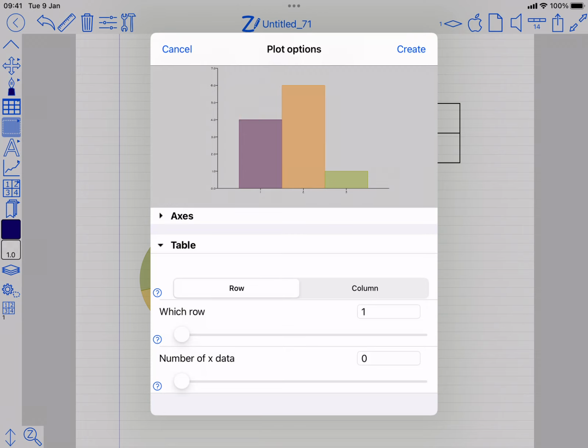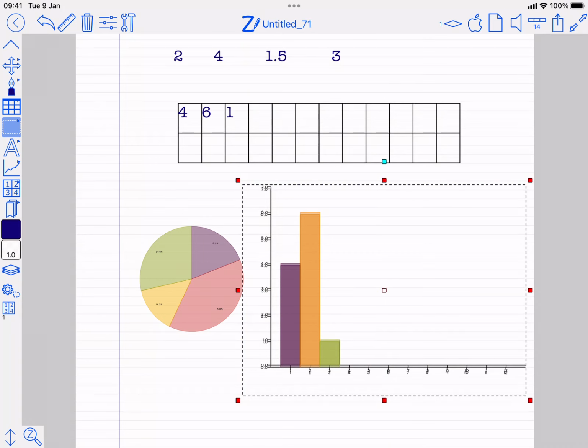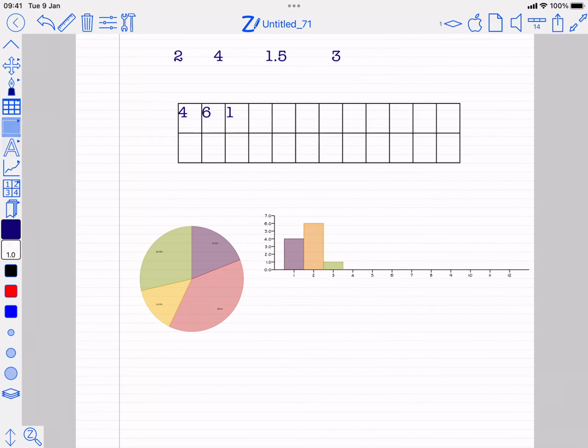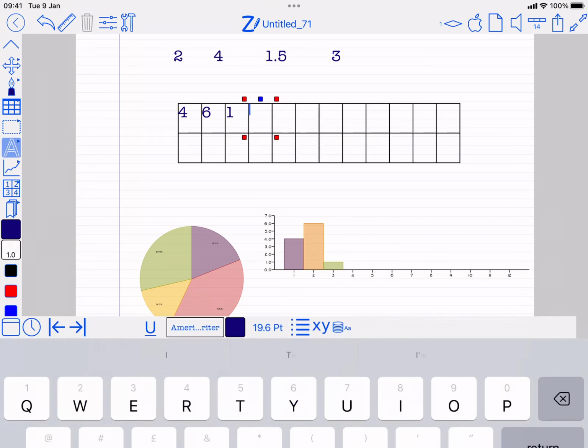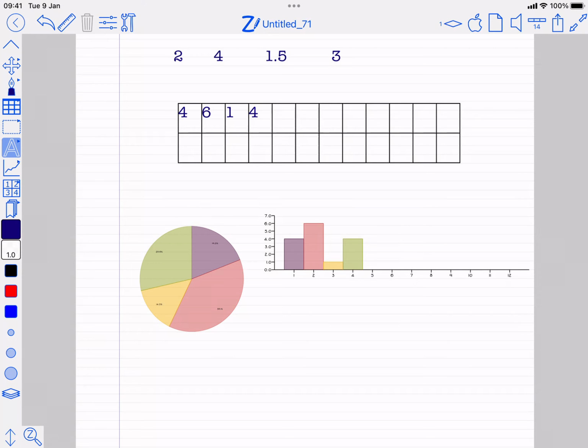That just means if you put more data in, it will extend it. But quite a lot of times, you know, I'm going to want 12 things, so you can ramp that up to 12 or however many you know that you're going to need. So we've got 12. I can say create. Same thing. I've got my plot. There it is. But now what I can do is I can add numbers into the table, and it's going to